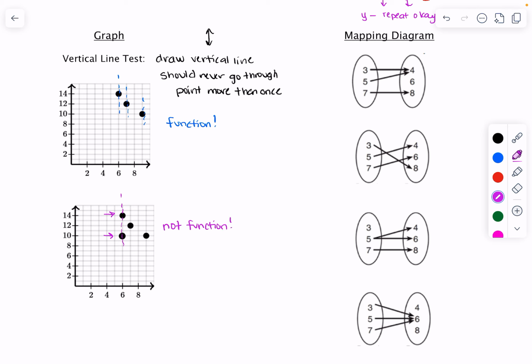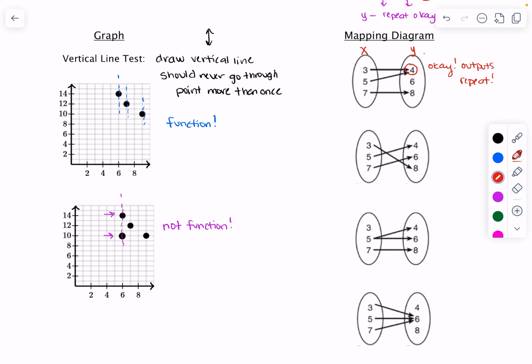And what does a function look like in a mapping diagram? Well, I'm going to look at the x values. This is your x, this is your y. And I can see that 3 goes to 4, 5 goes to 4, 7 goes to 6. That's okay because it's okay for each x to have one y value. So this number 4 here, that is okay. It's okay for the outputs to repeat. That's okay because each x has only one y. Even though 3 has a 4, 5 has a 4, 3 and 5